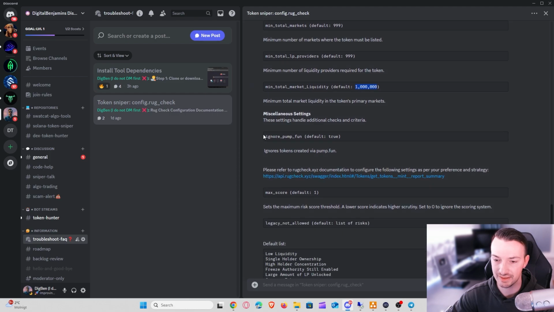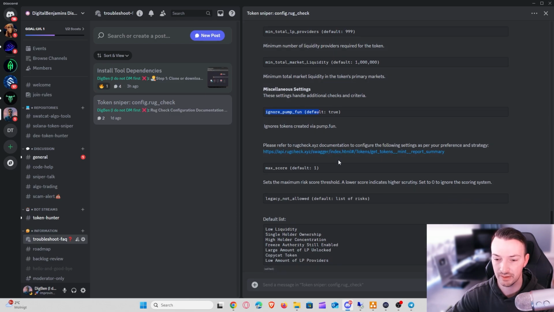And then you have other settings like ignoring Pump.fun, and if it's set to true, it will ignore all tokens that end with the word pump, because all the tokens that are bonded on Pump.fun into Raydium end with the word pump, and if you set this to true, it will skip all these tokens. Then we also have a score that you can give to your rug check, and we have legacy, and by default, these are the settings for legacy and 1 for max score. And if you want to skip the score, you can set it to 0, and then it will not look at the score. And the legacy rug check is the first rug check that we used, and that's also documented here on an API rug check,